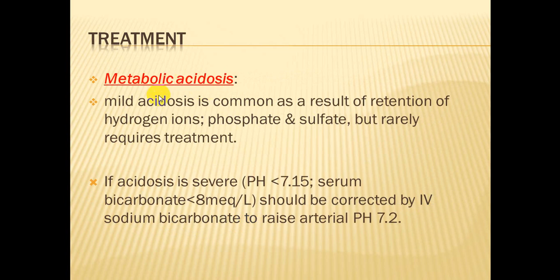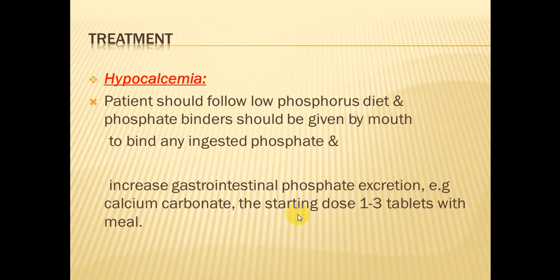For metabolic acidosis, primarily mild acidosis, it is a result of retention of hydrogen ion, phosphate, and sulfate, but rarely requires treatment. If acidosis pH is less than 7.5 and serum bicarbonate less than 8 milliequivalent, it is corrected by IV sodium bicarbonate to raise the arterial pH to more than 7.2. For the hypocalcemia,